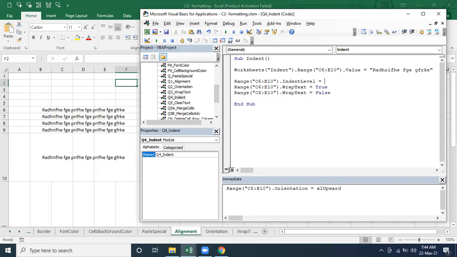And what level we have to specify? As I informed you, it should vary from 0 to 12. 0 means the default one. If I am going to make it 1 for this range, what is it going to do? And one more thing I can tell you here. So let me make it active first with the code.